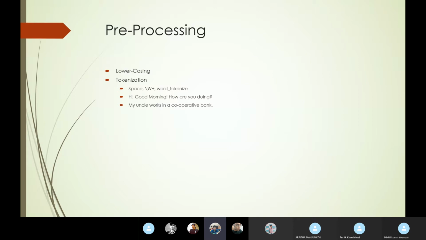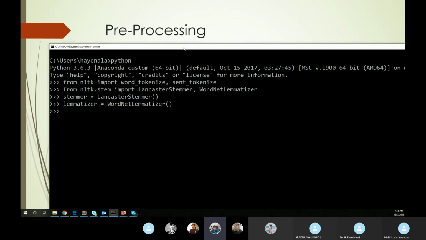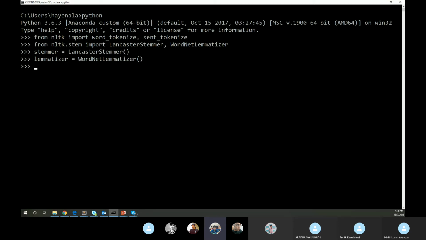I think you all know this NLTK package and will be able to use this word tokenizer. But still, I can show you a quick demo for that. So here I have imported the word tokenizer and sentence tokenizer. We will be recommending you to use these things to get better text input for your model. So you can write NLTK dot